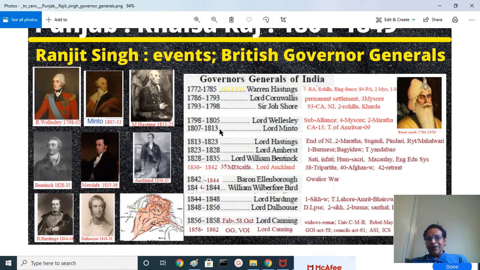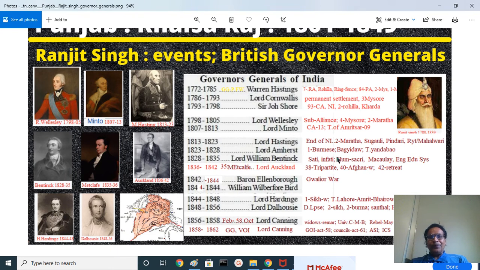Then Maharaja Ranjit Singh, of the Sukerchakia kingdom, started conquering and ventured south of the Sutlej to conquer what is called the Cis-Sutlej states, this side of the Sutlej. Your pinpoint is Delhi or Indraprastha. That means if you are at Indraprastha, Delhi, the Cis-Sutlej states are this side of the Sutlej, and the Trans-Sutlej states are the other side, across the Sutlej, like Bhangi Misl, Ramgarhia Misl, Sukerchakia Misl, and Multan state, Kasur state, and so on.